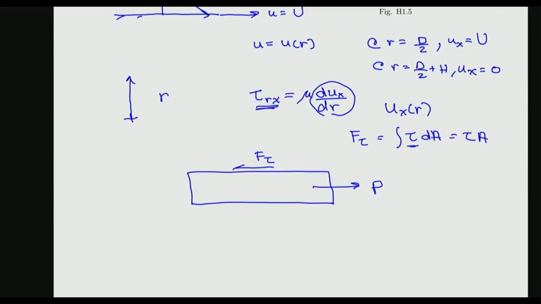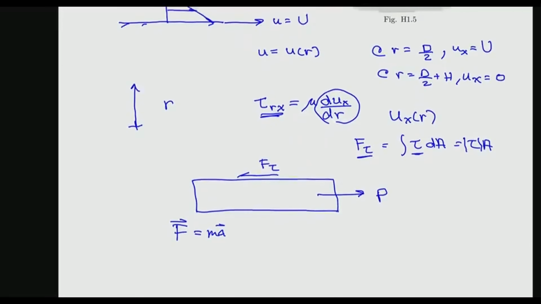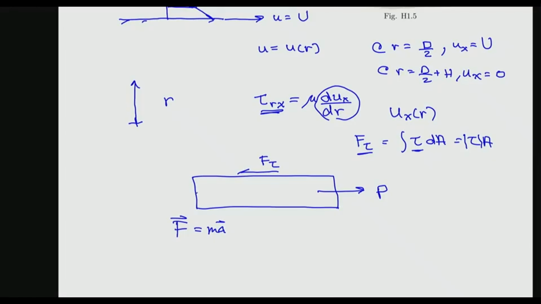Okay? But this F here that I evaluated, you could think of it as the magnitude. So you would take the magnitude of tau, multiply it by the area. Now, the overall analysis is based on Newton's second law. You better have Newton's second law in this problem as a governing equation. Okay? Start from the general, and then a vector equation, you apply the component equation. So in this case,